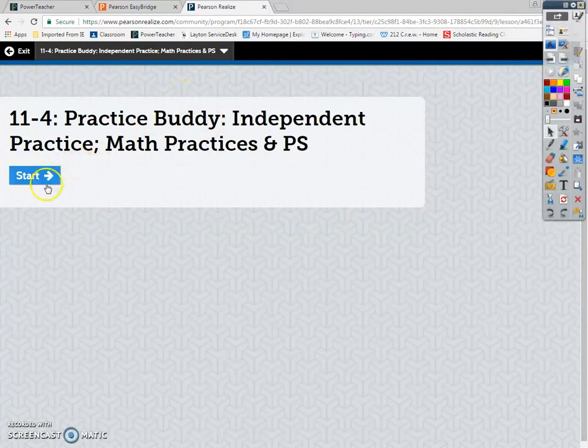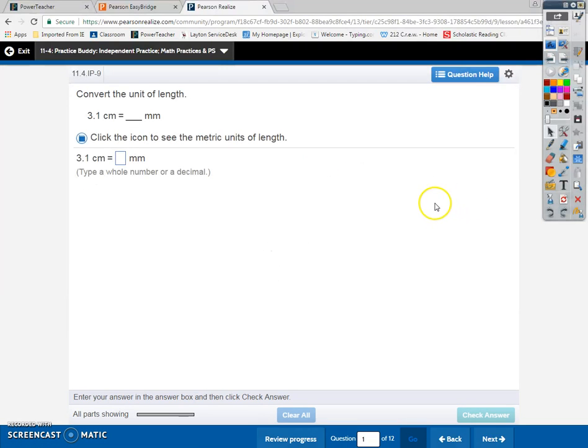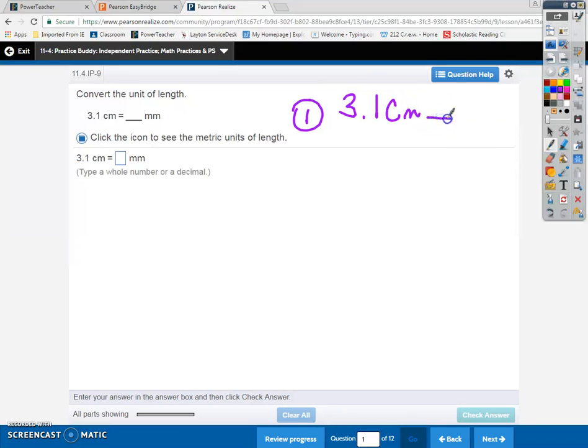When we're looking at the Practice Buddy, we are going to start with problem number 1. So we want to convert 3.1 centimeters into millimeters. So in my notebook, I'm going to write problem number 1, 3.1 centimeters equals how many millimeters? And I want to ask myself, if I'm converting from centimeters to millimeters, centimeters are larger, so that's my horse, and I'm converting to my fly, so I multiply